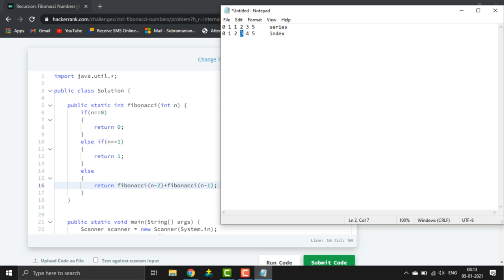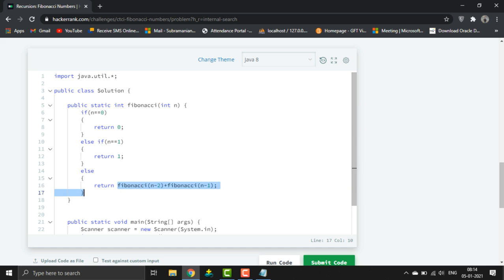Here we are subtracting 2 from 3, which is 1, so it comes under this condition. Once we call this part, it goes here and checks these conditions. If it comes under this condition, it waits for the next condition to execute.